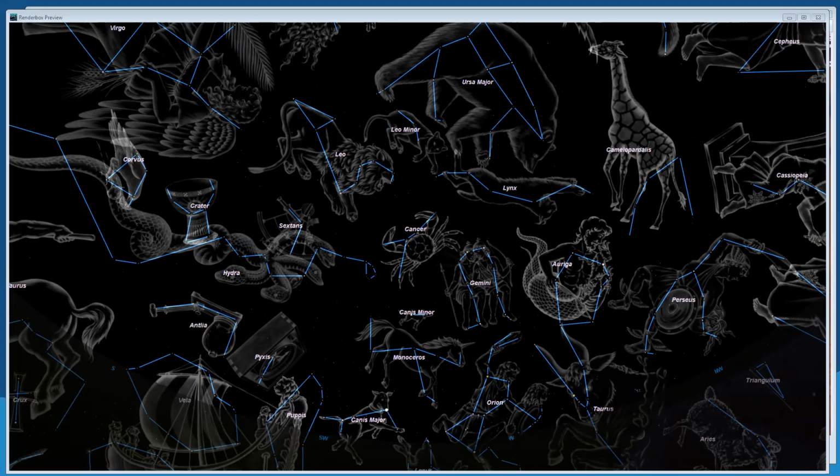Almost all these constellations were named by Ptolemy about 2,000 years ago. So most of them are Greek and Roman mythology, and they don't necessarily really look like pictures in the sky, right?